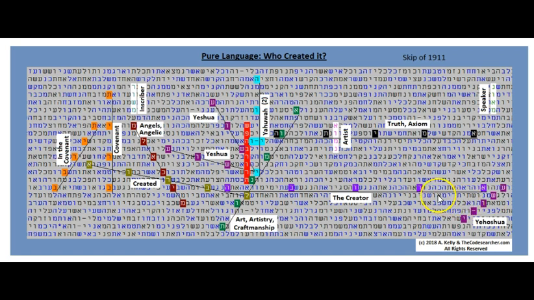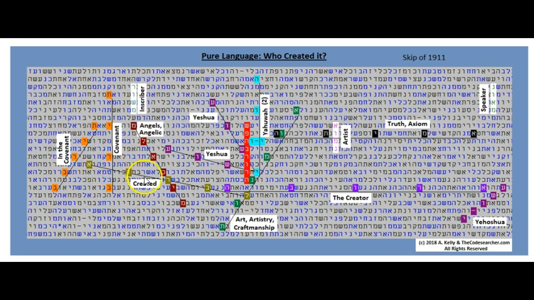Who created it? Well, it was the Creator, and that's in the purple here, Ha-Borah. And going very close to the Hey in Ha-Borah is created, or to create, going in the gold.